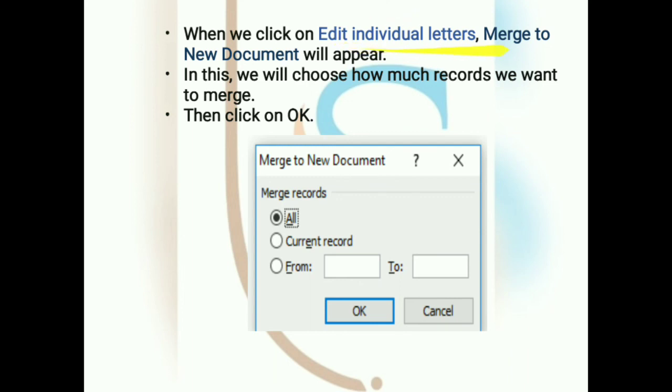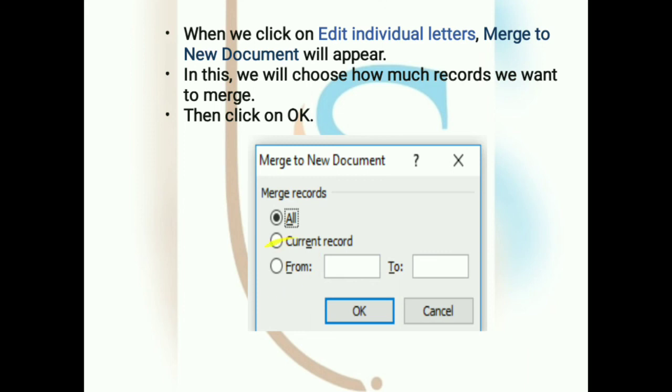After clicking on edit individual letters, you can see this dialog box will appear, merge to new document. Till now we have only one letter. If I want to prepare for all the records that are already saved in my data source, we will choose the option all. For example, I have 10 records and I want from record number 4 to record number 7.